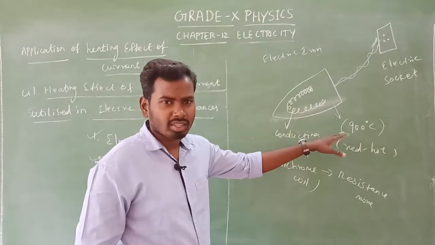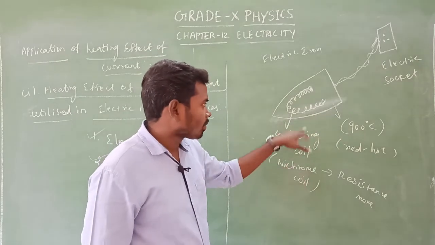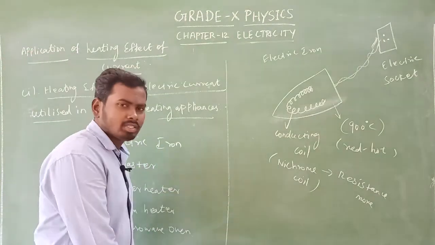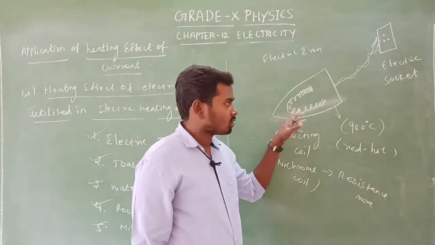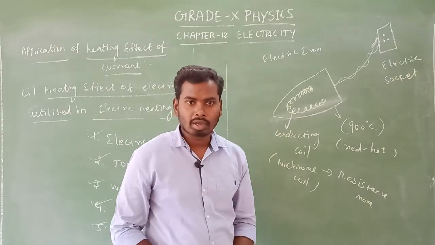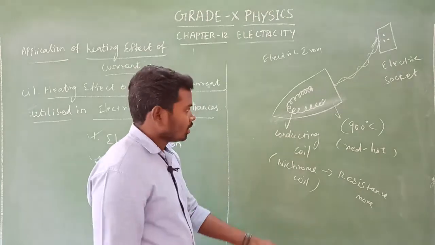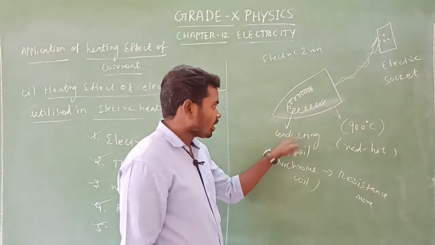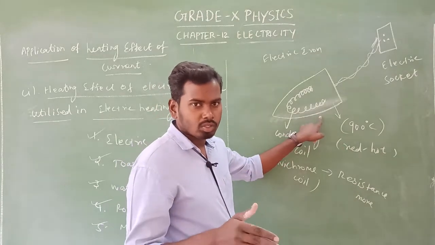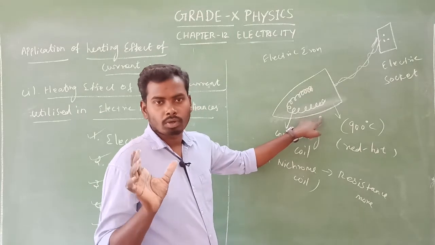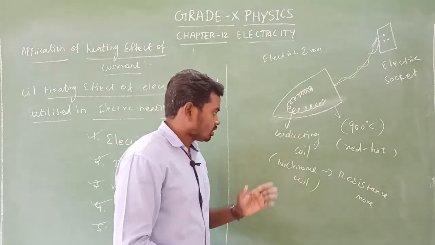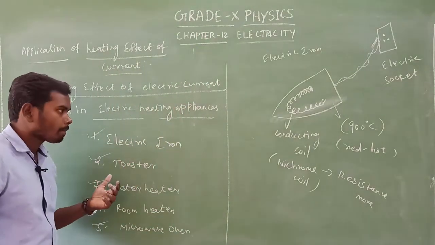Actually, the temperature is not like that. Inside the nichrome coil, it will be 900 degrees Celsius. It becomes red hot. Okay, but we can get only some amount of heat, because if you make the ironing by 900 degrees Celsius, the cloth becomes spoiled, isn't it? Yes. Inside the nichrome wire, the temperature will be there, but the sole plate controls the temperature level, so it allows only a particular amount of temperature. Okay, so with the help of the temperature we can make ironing, isn't it? Yes. Look at here. So this is how electric iron functions.